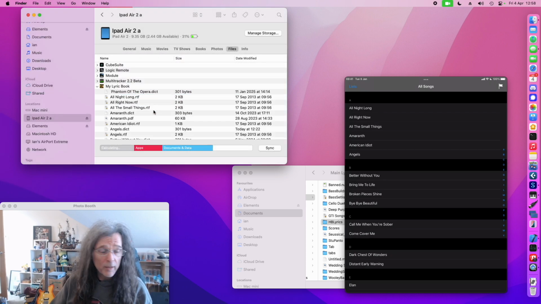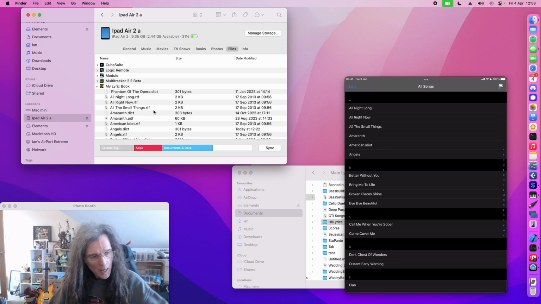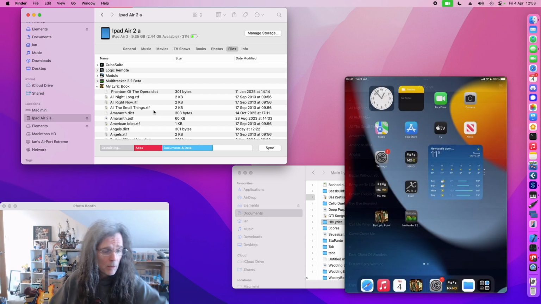Alternatively, we can delete on the iPad. By default, you can't delete songs on the iPad. This is a design decision, because the last thing you want to be doing at a gig is blind, in the dark, lights in your eyes, you press the wrong button and suddenly your lyrics disappear. That would be terrible. If you do want to delete songs, we need to go to settings,